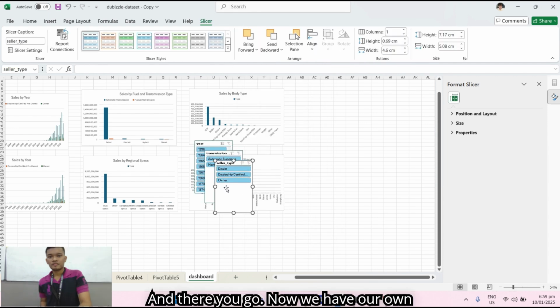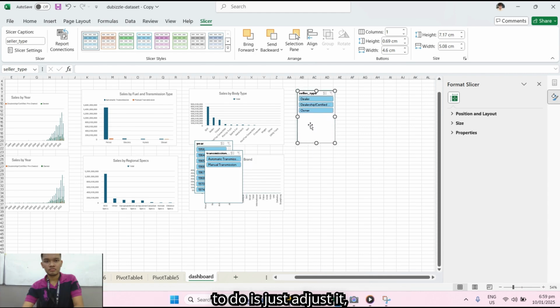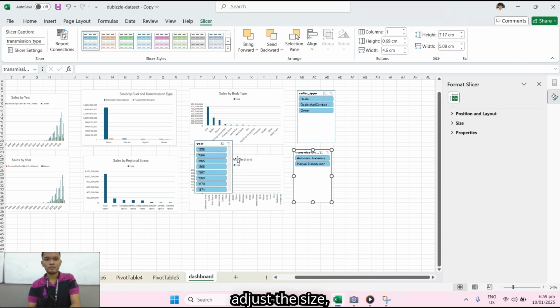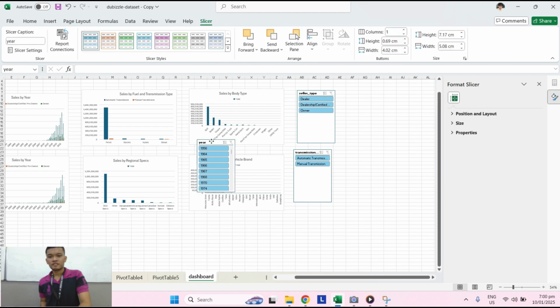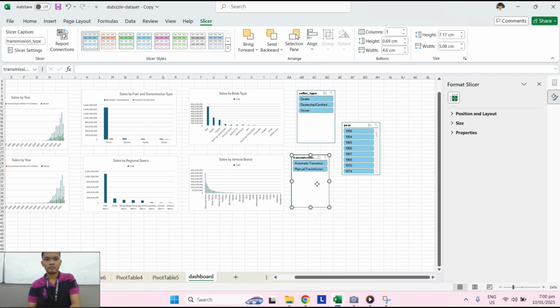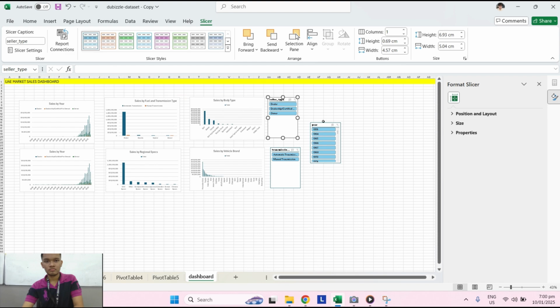And there you go. Now we have our own slicer. All we have to do is just adjust the size and its location so it's visible.